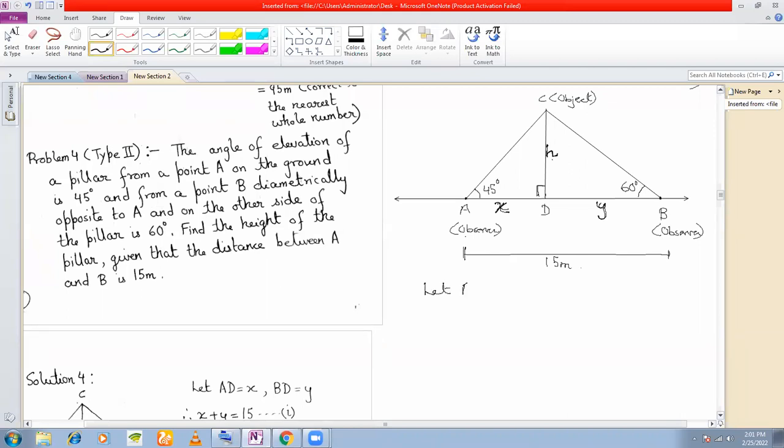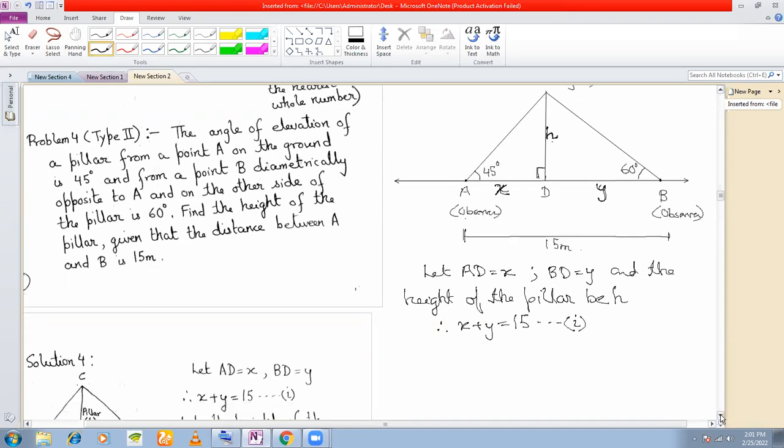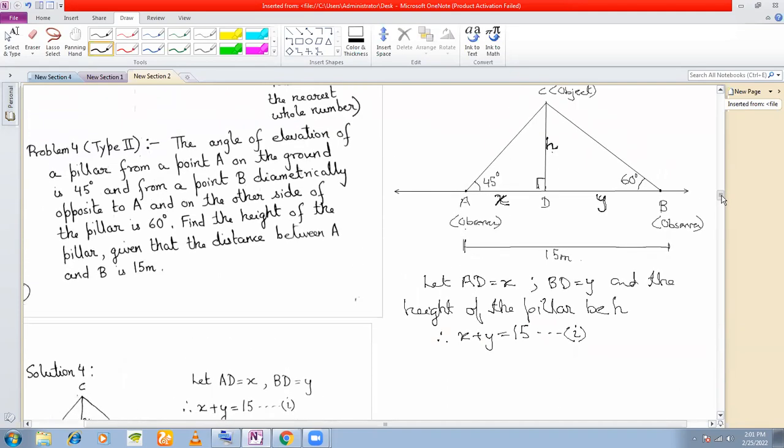So here let AD be equal to X, BD is equal to Y, and the height of the pillar be H. Therefore, X plus Y must be equal to 15. This is what is given to you. Let us call this equation number 1. Now we are going to use the two right angle triangles. Look at the right angle triangle ADC, that is this right angle triangle. So in triangle ADC,